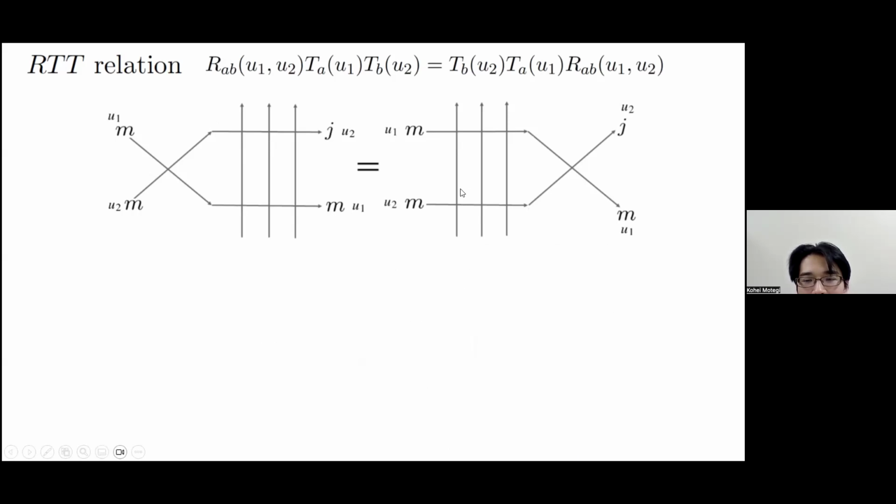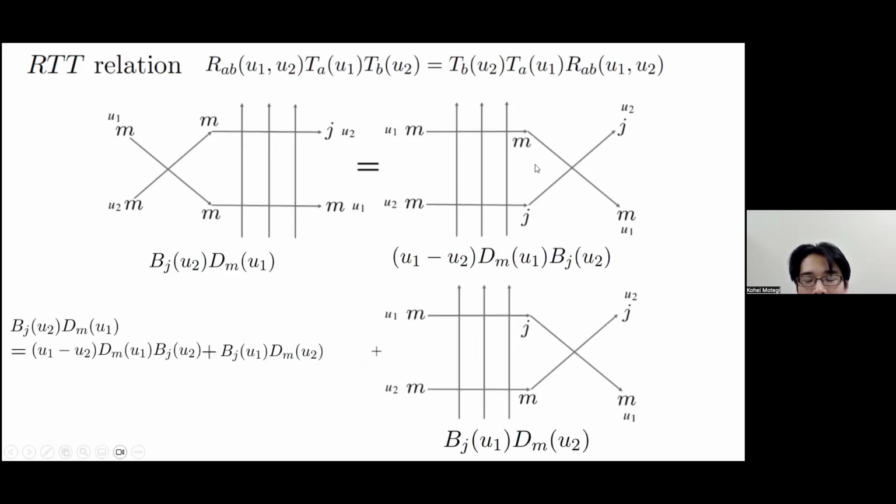And from this right-hand side, you have either color M and color J here, or color J and color M here, and so